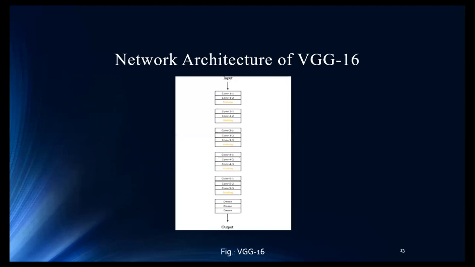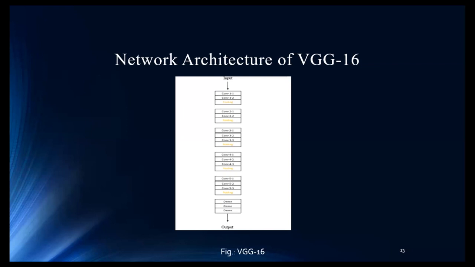The network architecture. I have used 5 different CNN architectures, and the main parts of a CNN are the input layer, then convolutional layers, which consist of the ReLU activation function, and then the output part. The output part consists of flatten layers, dense layer, and then the output layer, and in the output layer the softmax activation function is used.